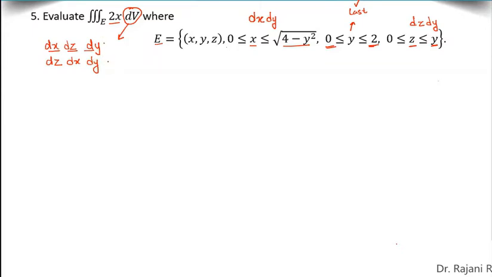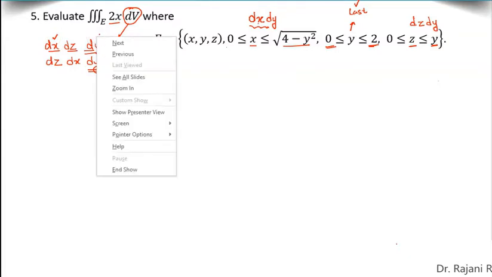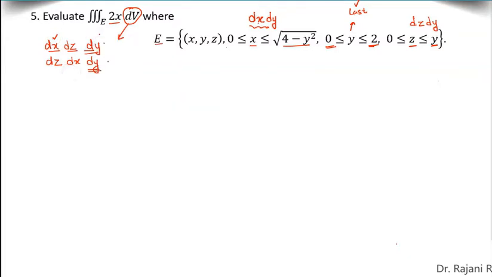Now how do we check this? Since y is fixed, we need to check for this order. Here the requirement is dx dy, meaning x should be done before y. Is it satisfied here? Yes, x is done before y. Is it satisfied here? Yes, x is done before y. So this is satisfied by both orders.